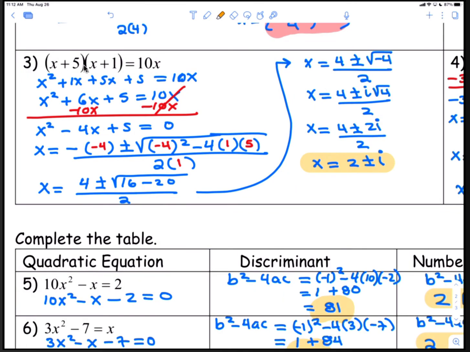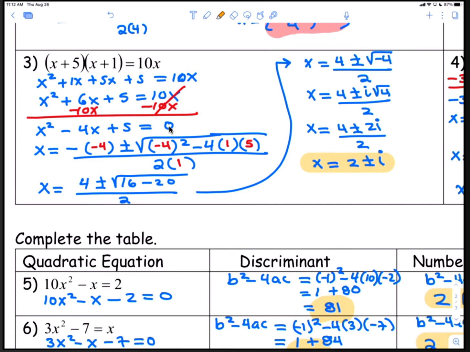For question number 3, we have to distribute or FOIL the right side, or the left side, sorry. So you FOIL x plus 5 times x plus 1, and you get x squared plus 1x plus 5x plus 5 equals 10x. Now we have to move the 10x over to the other side. We add the 1x plus 5x to make 6x first. Now let's move the 10x over to the other side, and now we end up with x squared minus 4x